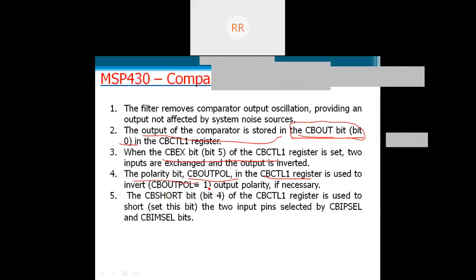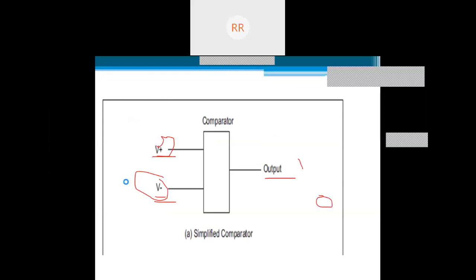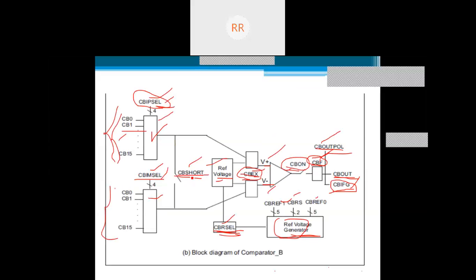So polarity, control register, and short bit. We discussed this short bit here, CB short bit. If you make this bit 1, then it's going to take the inputs from any one of CB0 to CB15 from the top V plus connection line, otherwise CB0 to CB15 from the bottom CBIM selection lines.